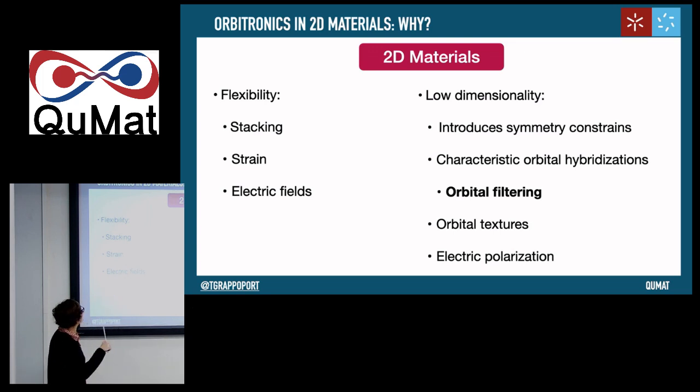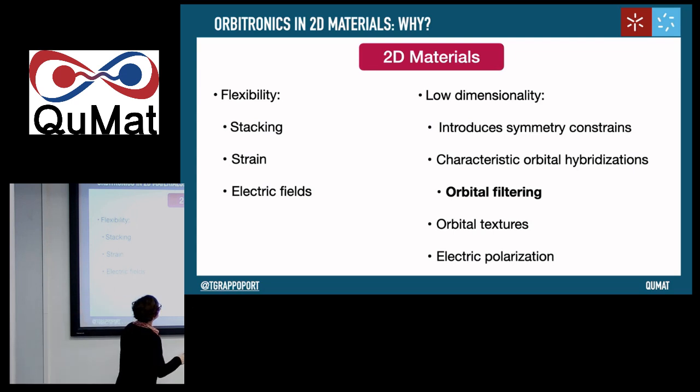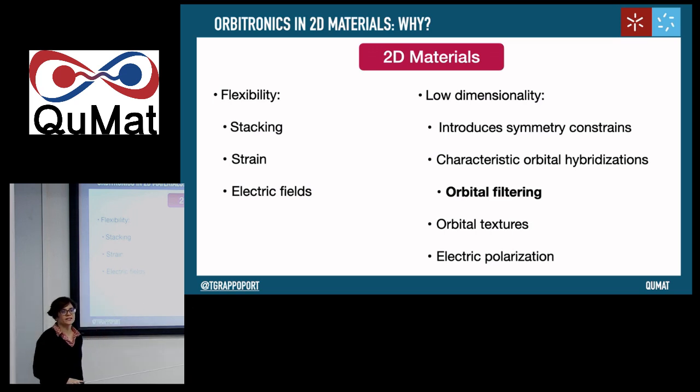But what is interesting in 2D materials, when you think about orbitronics, is that the dimensionality constraint of 2D materials actually puts a strong symmetry constraint in the z direction, with very characteristic crystal fields, which work as some kind of orbital filtering because they remove some degeneracies that we have in the orbital character of the system, right? So it can throw in and out some orbital hybridizations, and this is interesting for orbitronics. And you can actually do that by changing substrates as well.